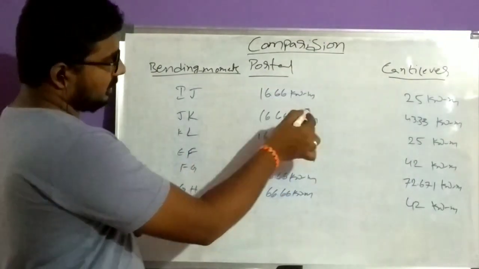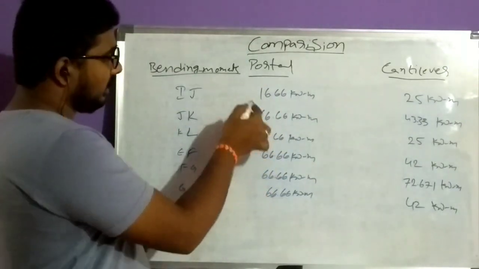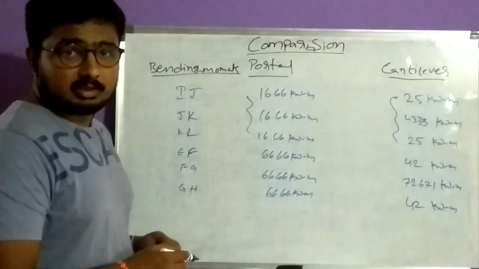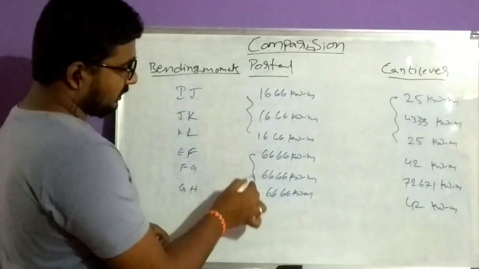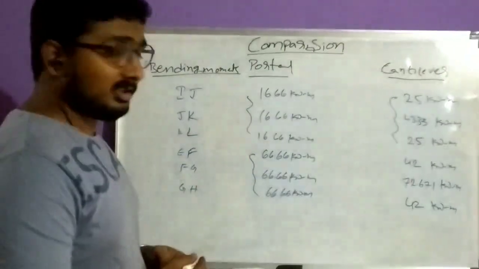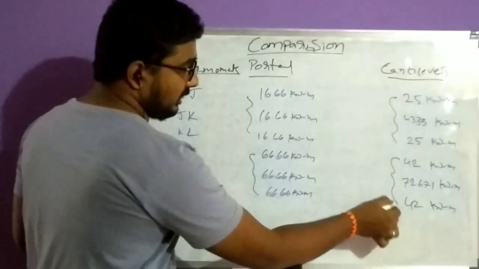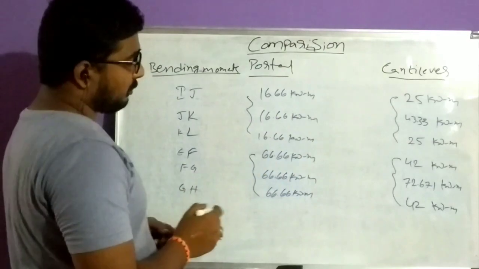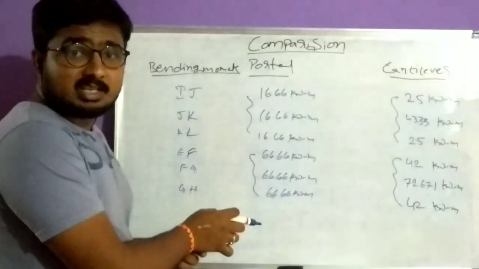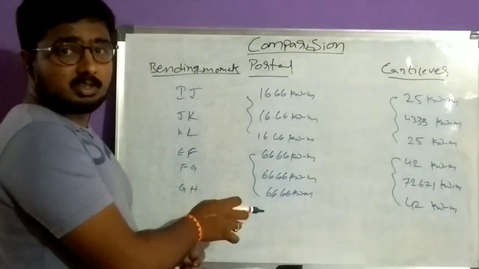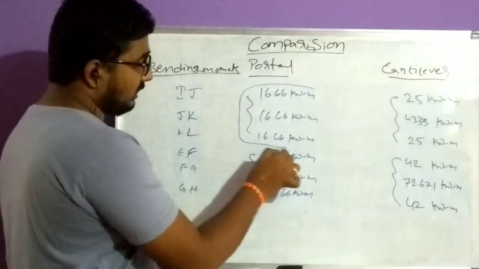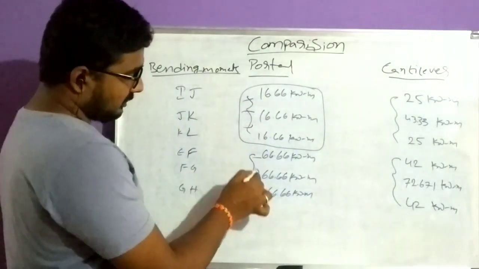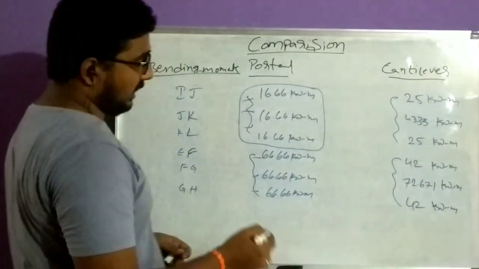Here also you can observe that the portal frame method in story 1 gives values in the range of 16 kilonewton meter, but the cantilever method gives 25 to 43 kilonewton meter. And here you can see in the bottom story the bending moments are in the range of 66 kilonewton meter. Here you will get 42 and 72 kilonewton meter. So from here we can observe that the portal frame method distributes the bending moments uniformly to all the beams in the stories. These three values in the top story, these three bending moments, are distributed equally. The bottom story is also distributed the same, but here we get different values.